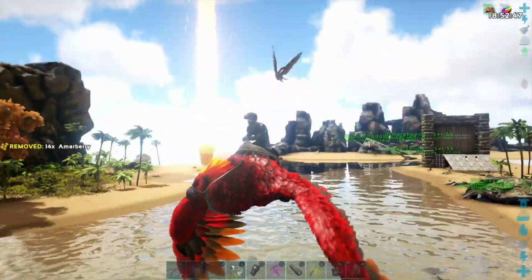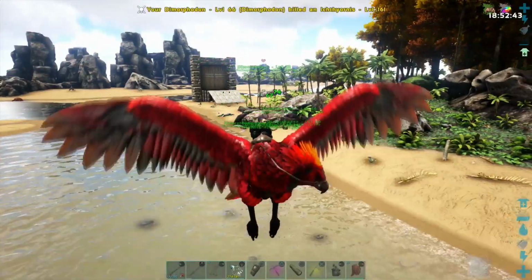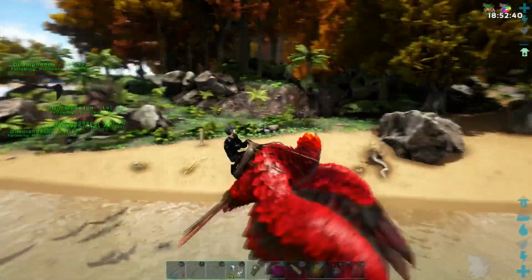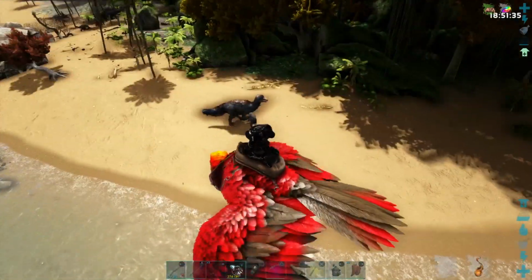Now, it looks like we've got an Ichthyornis here who wants to steal something off us, but the Dimorphodons have made light work of that. Now, we've got a